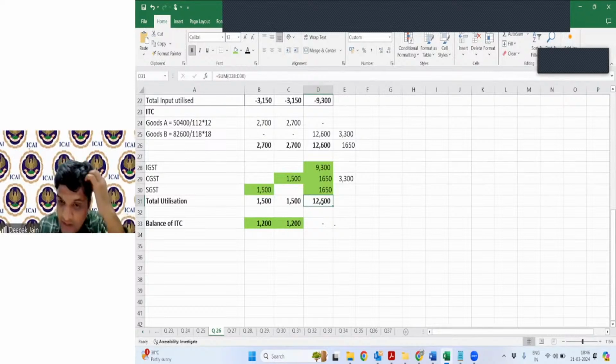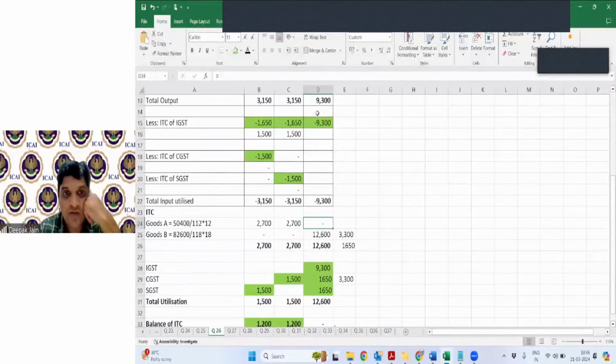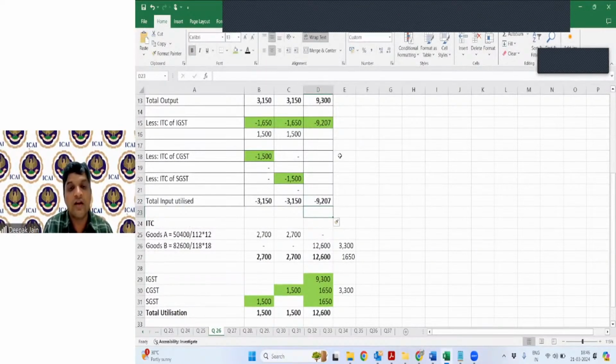In this case, if the aggregate turnover of the month would be more than 50 lakhs, then how to calculate the 1% cash liability? Yeah, if it is that case of 50 lakhs, then you can utilize the credit only to the extent of 99%. So from your liability of 9,300, you will utilize 9,300 into 99 percentage. Okay. So then you will pay 9,217 through credit, right? And ITC utilized will be 9,207. And you will say that